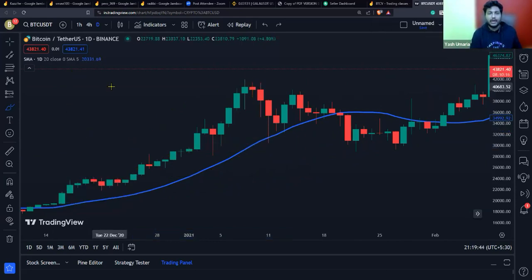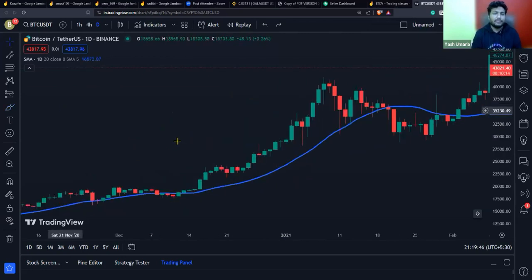Now, if the market, and when I say market, I mean just Bitcoin, if Bitcoin is above the 20-day moving average, that means most of the traders